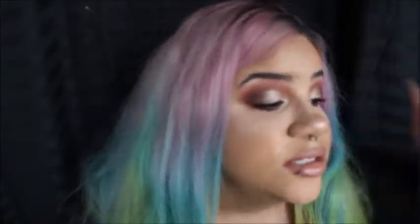Okay, so here is the finished look. I didn't put any falsies on. My eye is watering though. I just put some caffeine eyeliner and Dupre up here, and on the bottom lash line I just used the berry color, the camel color, and the brown color from both palettes. So Wet n Wild, Makeup Revolution, and I just put some eyeliner from ColourPop, and then some mascara, and then